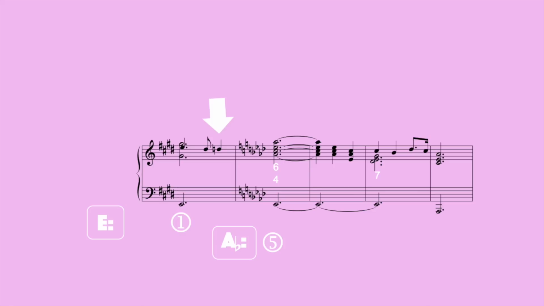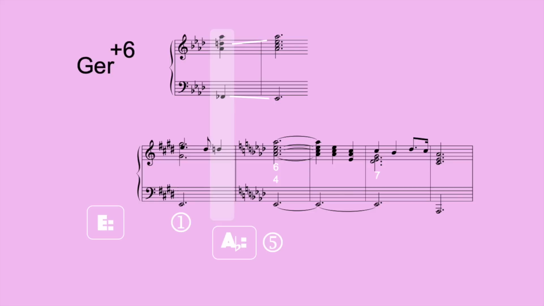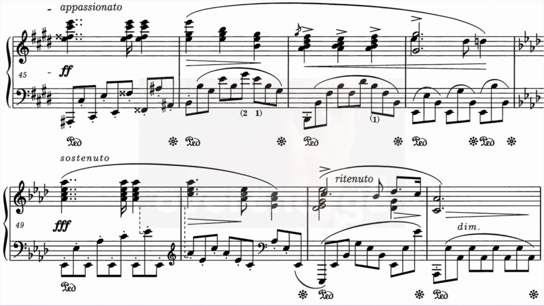Now the legitimate harmonic connection between those two cadences takes place within the fraction of a second, as Chopin smuggles in the D natural on the last beat of the E major bar, which turns it into an E7, but that's being resolved as a German sixth chord instantly. And that's actually quite a lot of harmonic information to digest for such a brief moment, when you take into account that already the E major cadence pretty much came as a sudden surprise.